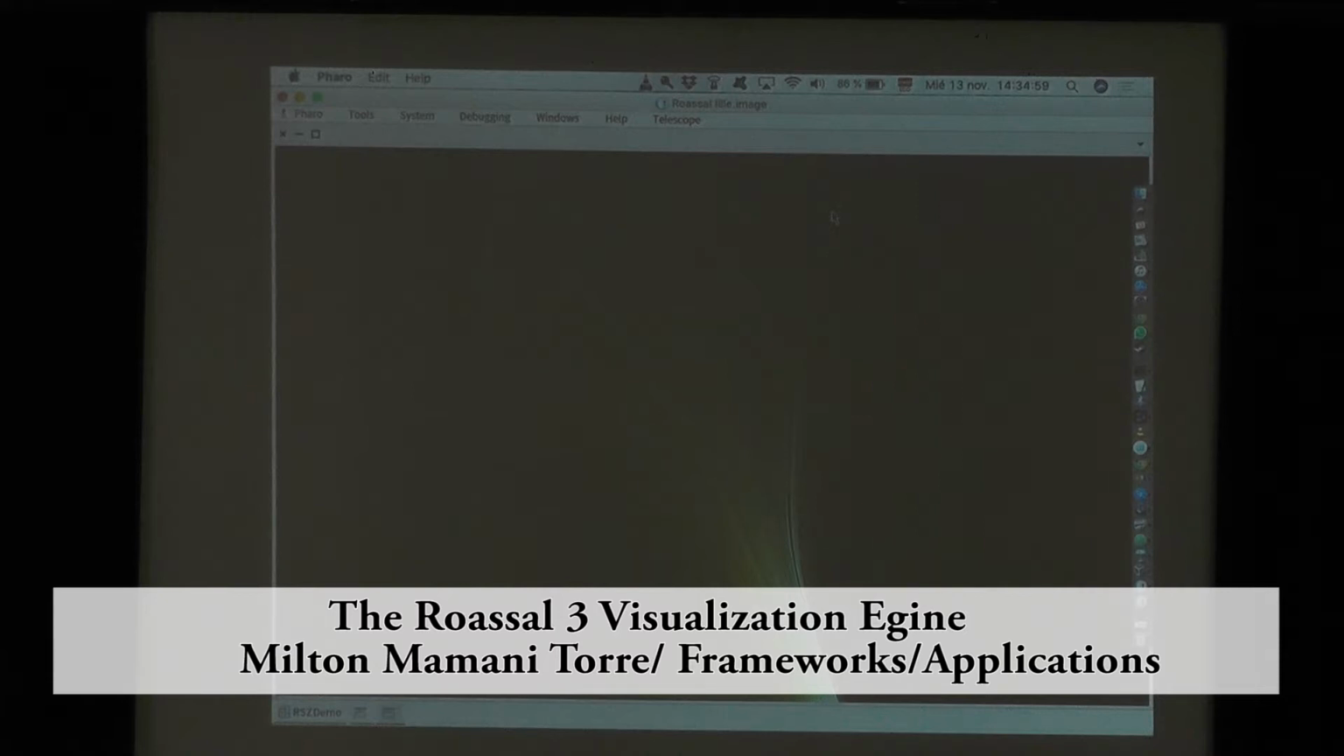And I have been working with Professor Alexander Vergel for 5 years, and we have created a library to visualize our data called Roassal. Since 2011, we have created several iterations of Roassal depending on the necessity of our customers, of ourselves. And now we have a new version called Roassal3,